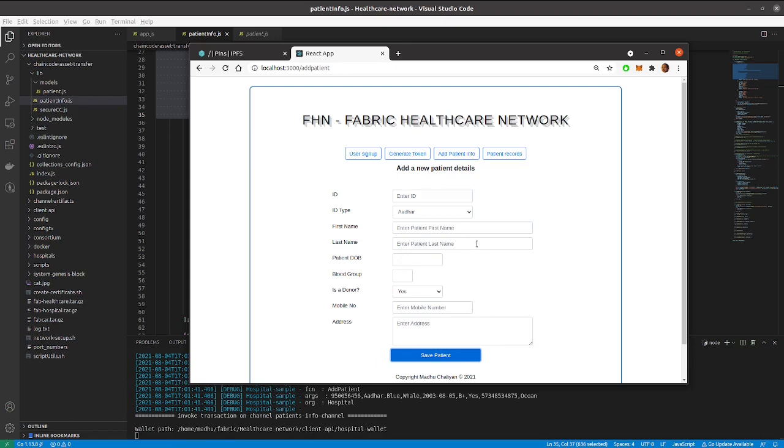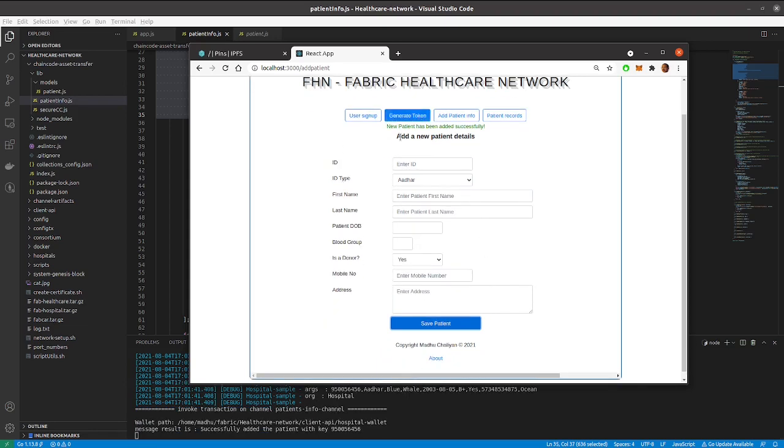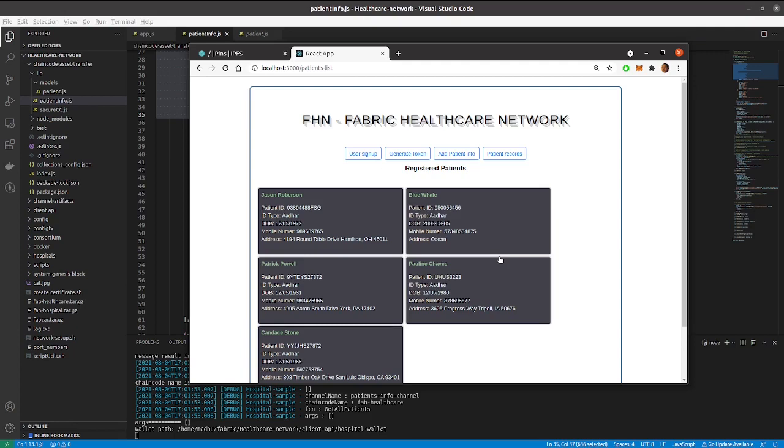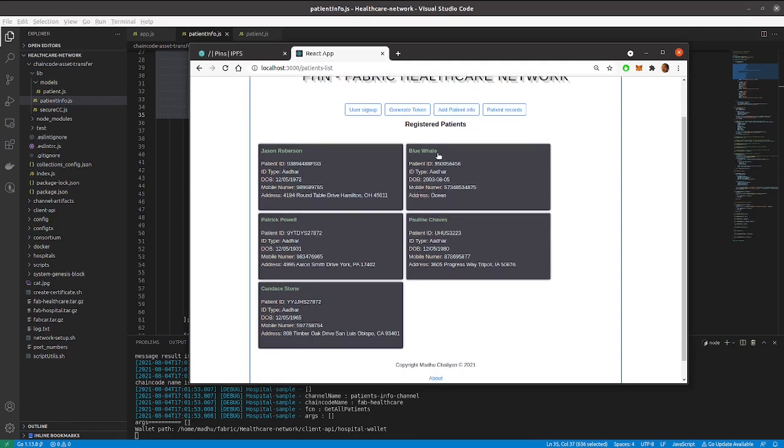Now the patient has been added successfully. When you go to the patient's record screen, you can see that a new patient, Blue Whale, has been added here.